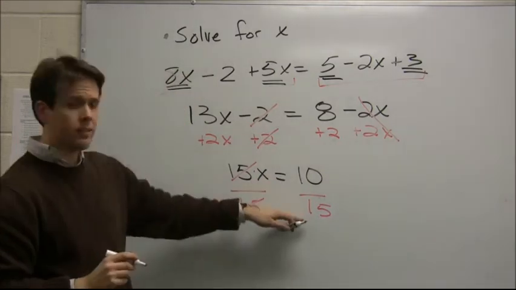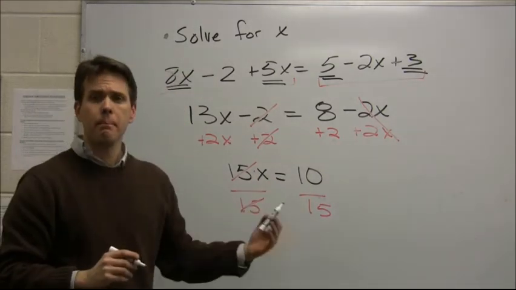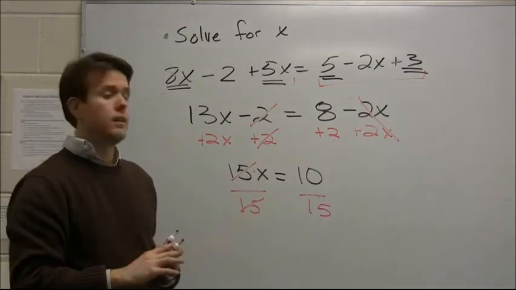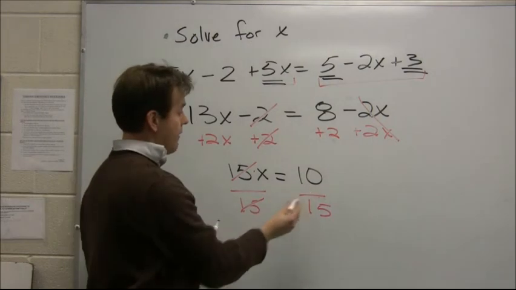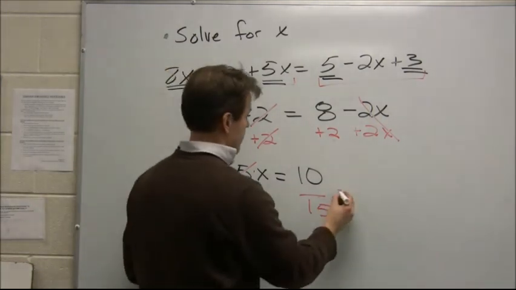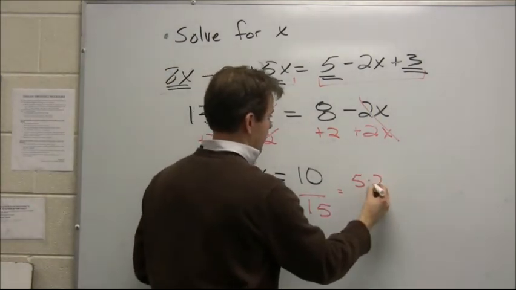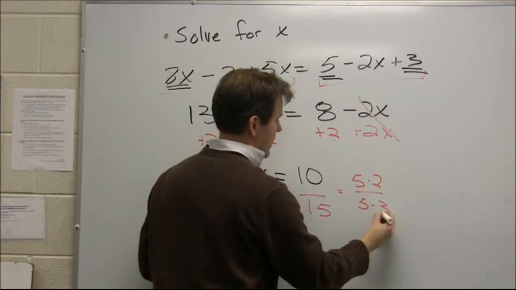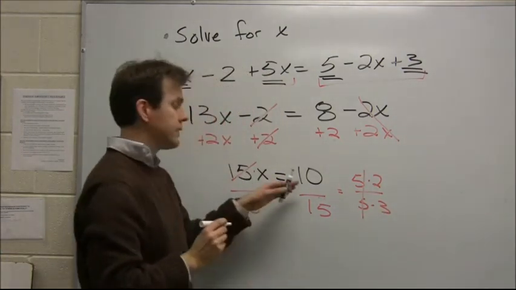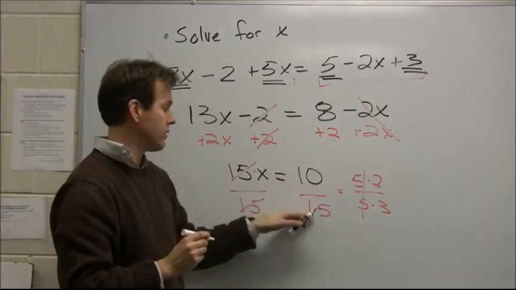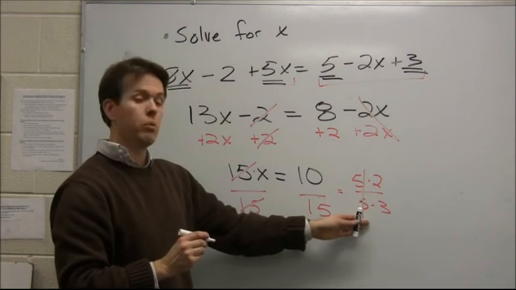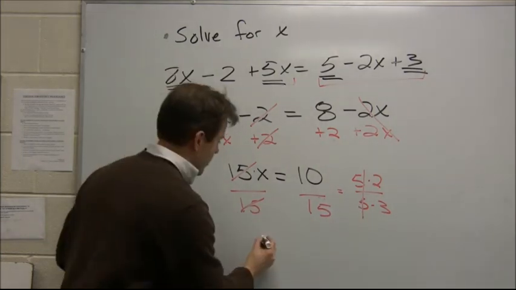So x equals 10/15, but what should I do with this? Right, I need to reduce it. So I've got a common factor of 5 in both of these, right? So this can be written as 5 times 2, this can be written as 5 times 3, and the 5's cancel. Or you can say 5 goes into 10 2 times, 5 goes into 15 3 times. That's basically what we're doing here. So I get x equals